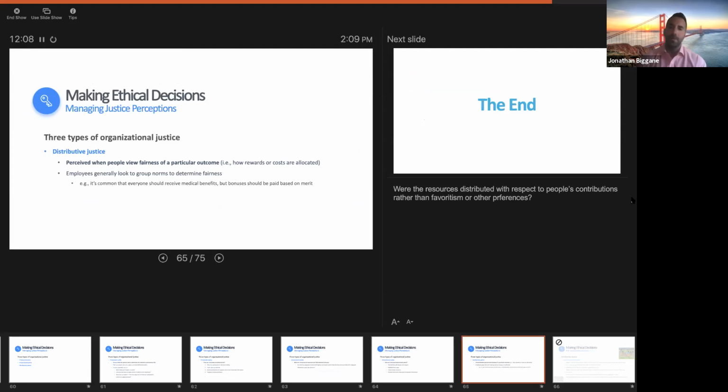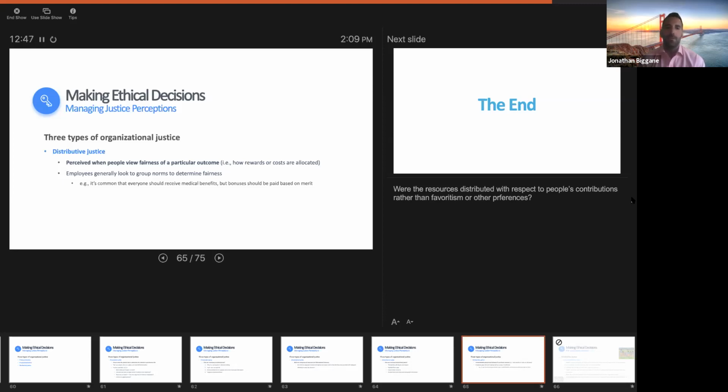The good thing is, of these three aspects of fairness, interactional fairness is by far the most important. So when we say, does someone perceive a decision to be ethical or fair, they tend to first rate interactional fairness as most important, then procedural, and then distributive. So regardless of the decision you have to make, whether you're promoting, giving someone a bonus, firing them, whatever it is, if you treat people well, you're much more likely to get a favorable response from that person. They're much more likely to perceive it as fair if they're treated with dignity and respect.